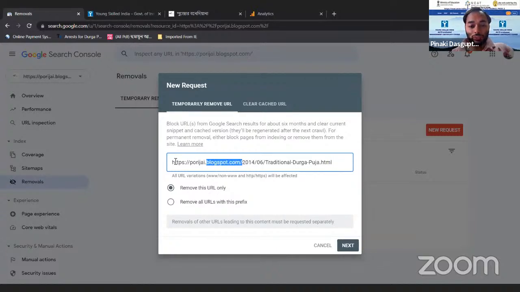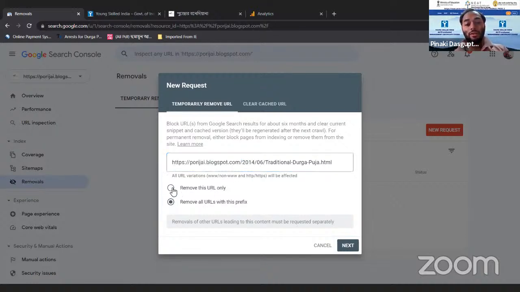Prefix means this part, the previous portion of the URL. So it will actually remove my entire website temporarily if I select this option.